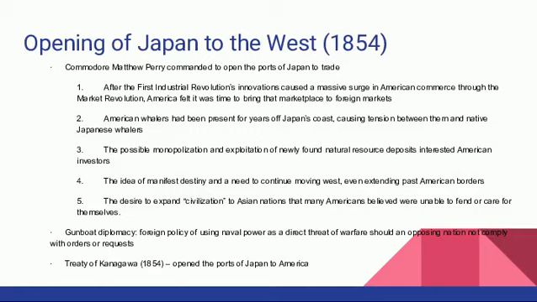Okay? So if you learned about the Black Fleet in AP World, if you have no idea what I'm talking about, then I'm assuming that it was learned about because I've had like 6 people talk to me about it since then. If you learned about the Black Fleet, that is gunboat diplomacy, but the Black Fleet was actually the term that was used in Japan. So it wasn't until AP World started to use it more that it became more accepted in America. So in America, the term is gunboat diplomacy, while over in Japan, it's the Black Fleet. So you can use it interchangeably, whichever one you prefer, but it's the same thing.